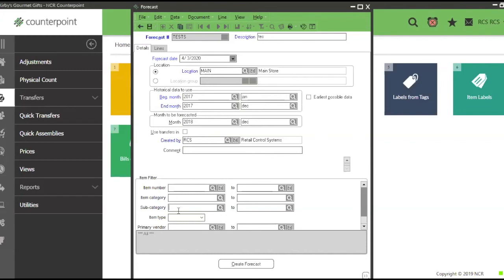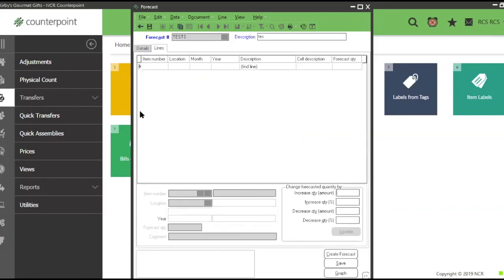You definitely want to set the vendors, a filter, because if you try and forecast for everything, it will prevent you from doing that. It will prevent you from forecasting across all your items. But basically what it does is it's going to come up with